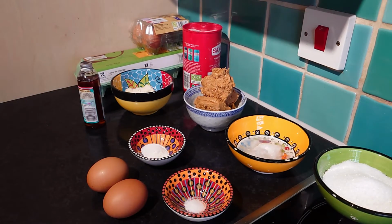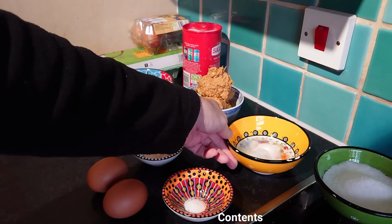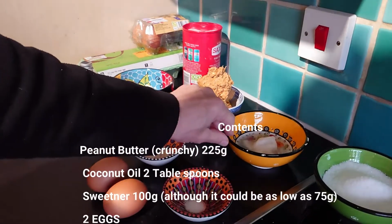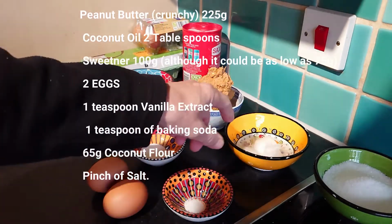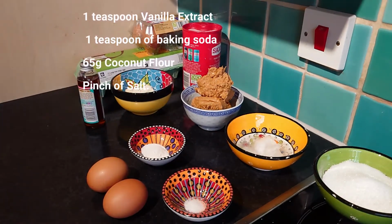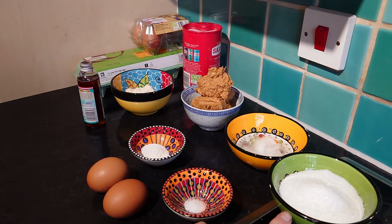Okay, so before we actually start the cooking process, let's go through the ingredients. Over here we have our peanut butter, and we have 225 grams of peanut butter. We have 2 tablespoons of coconut oil. This is a bit of a strange substance really. It's part solid, part liquid. I've put this in the microwave to turn it back into its oil state, but when you buy it, it can be solid, but as part of the cooking process this will turn into a fluid oil. Then we have 100 grams of stevia. This is our sweetener. You could add sugar if you wanted to, but I'm using stevia